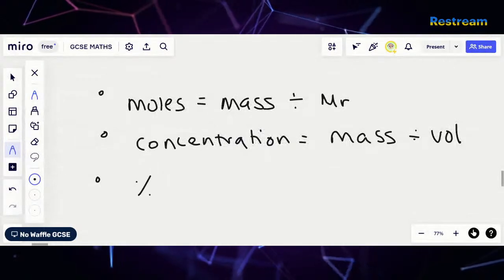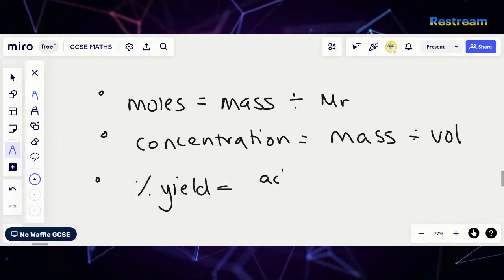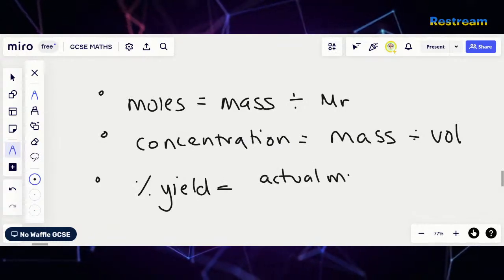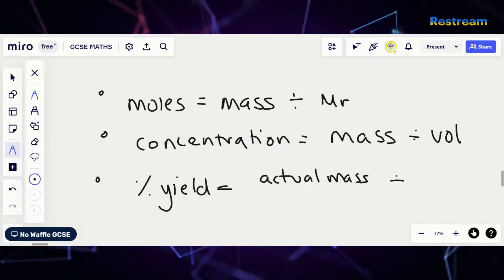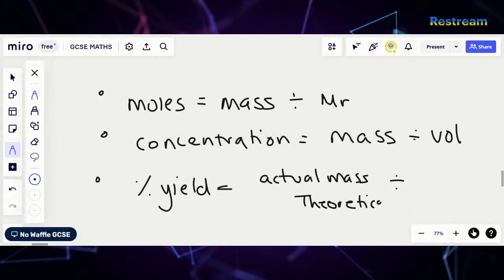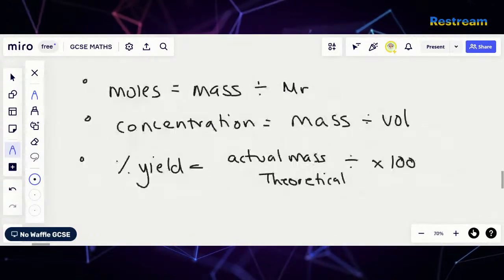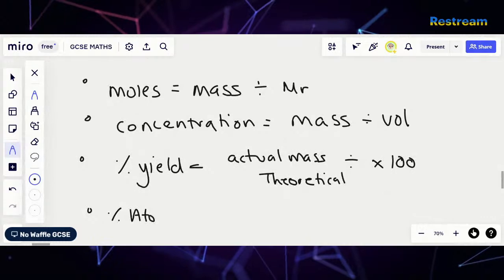We've got percentage yield is actual mass divided by the theoretical times by 100. And we've got percentage atom economy,